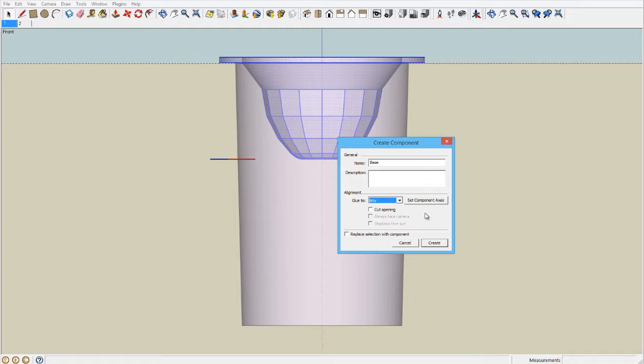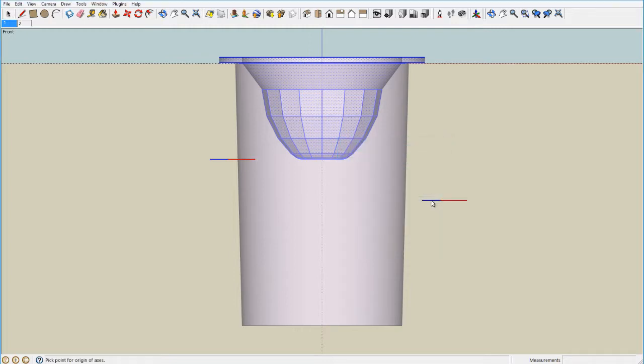Okay, now very important here is that we set the component axes. Now you'll notice that currently the component axis is in line with the edge of what would be the bottom of this assembly. We want to move that to the origin point. Okay, to do that we select component axes,